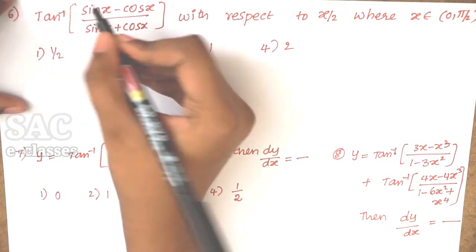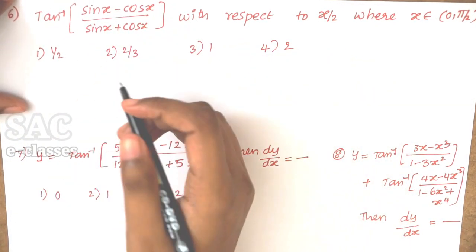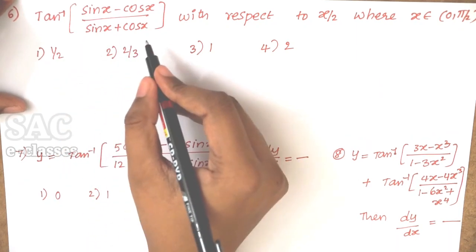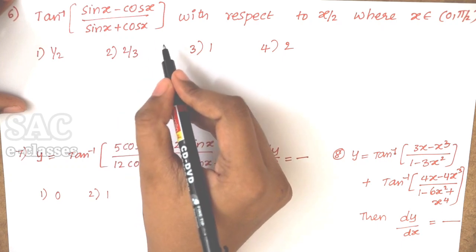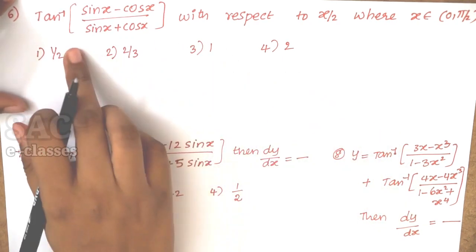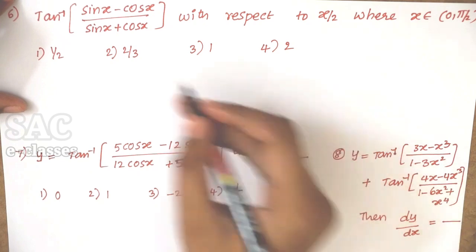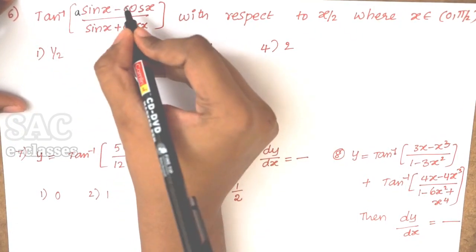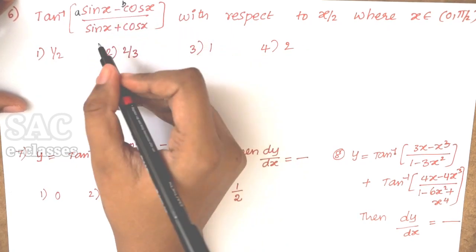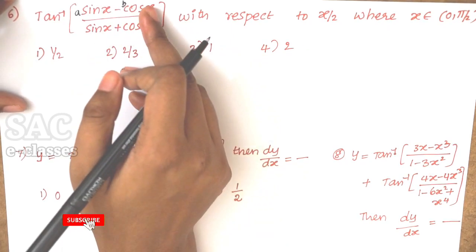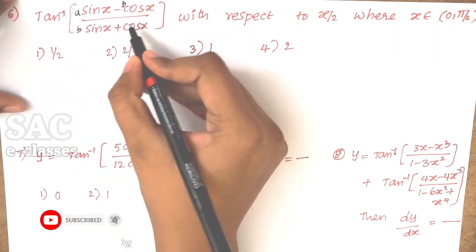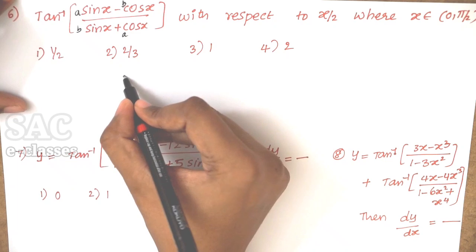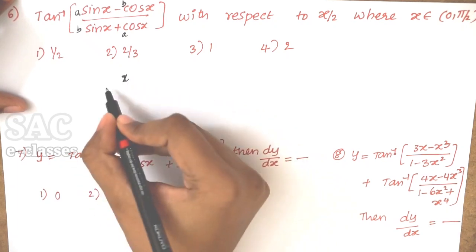If it is in this form, we can write it as tan inverse of tan of (x minus 45 degrees), but moreover, whenever it is in the form of a sin x minus b cos x with b sin x plus a cos x in crisscross form,